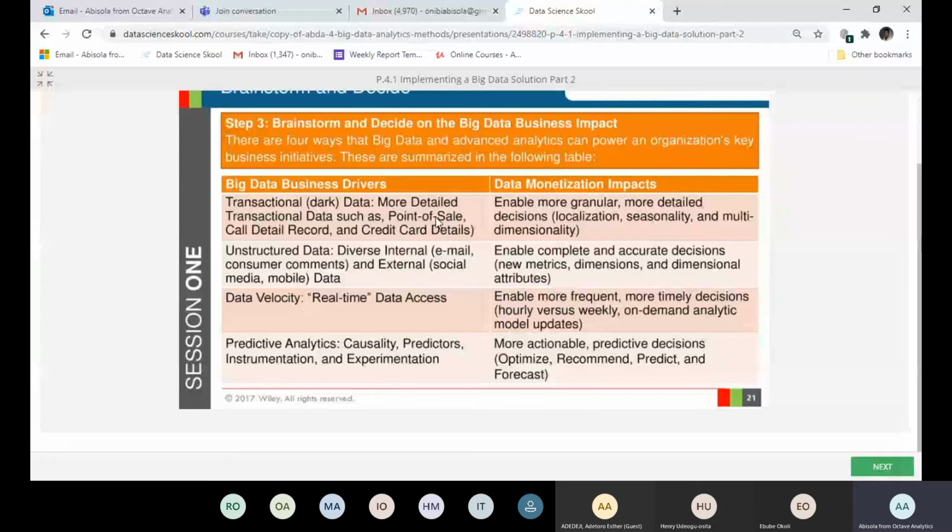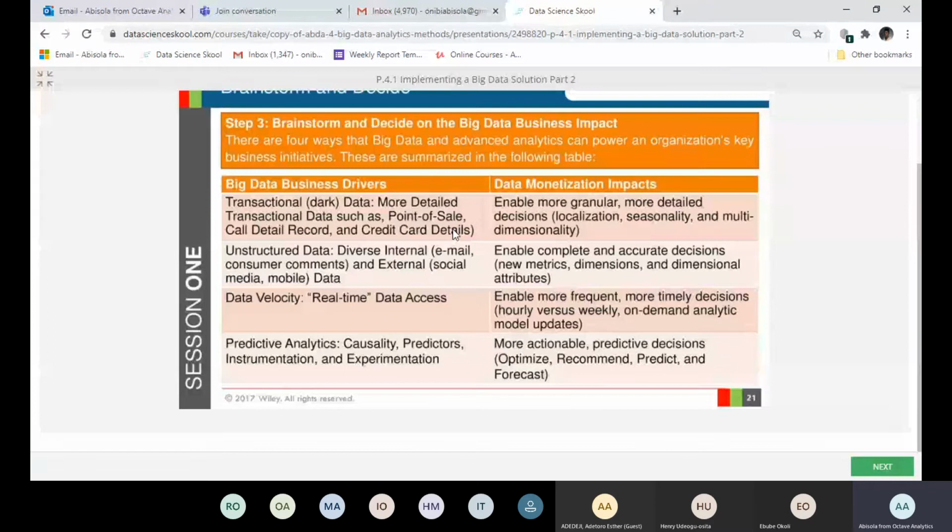So for example, point of sale transactional data. Point of sale is at the point where the customer is buying the product. You can easily derive information at the point where the customer is buying the product. Maybe the kind of customer, or the age of the customer, or the kind of card that the customer uses, and so on and so forth. So those are more granular details